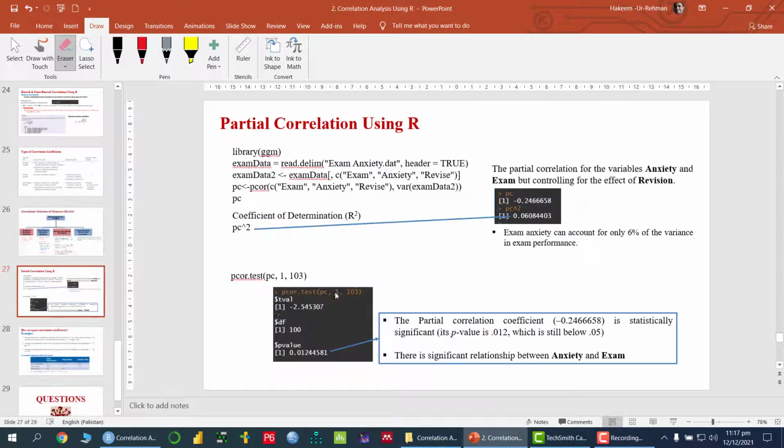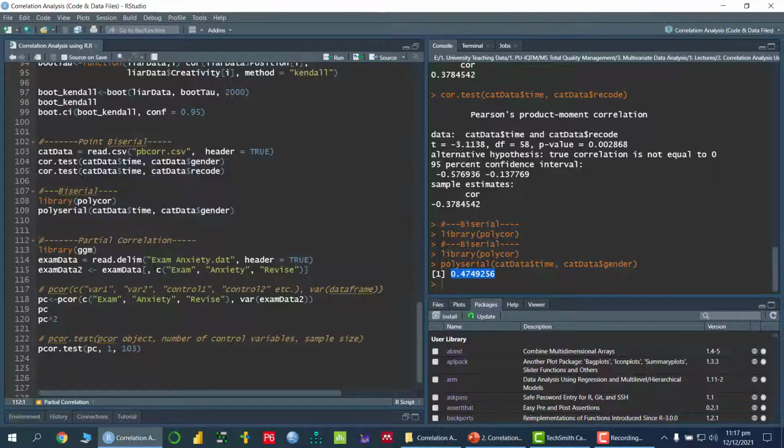Let me find out the correlation using the same data set, between anxiety and exam, whereas we will make revise a control variable. Let me first of all access the data set. But before that, in order to apply the partial correlation coefficient, we need a library called ggm.